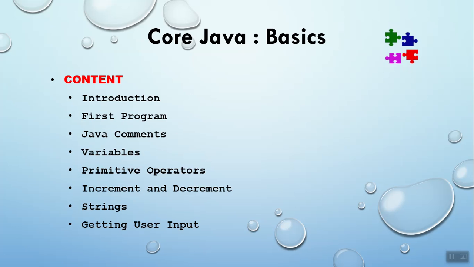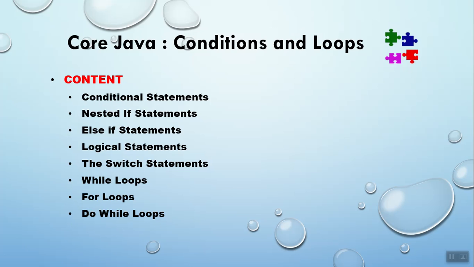Then we have seen getting user input. Now today we're looking at conditions and loops. These are the two things, conditions and loops. Without them, I think general programming is not possible. Till now, we actually have been writing simple statements, and how to execute that statement. The statements were like,